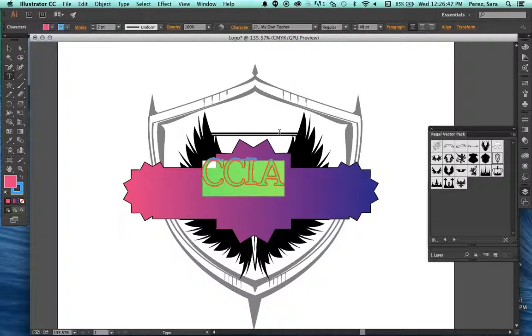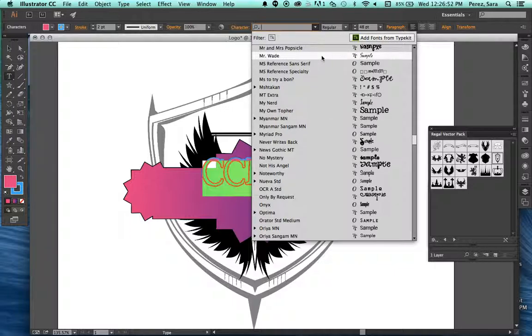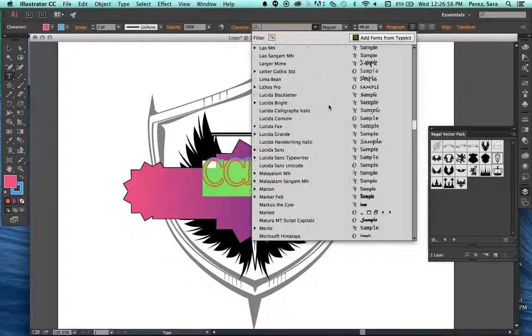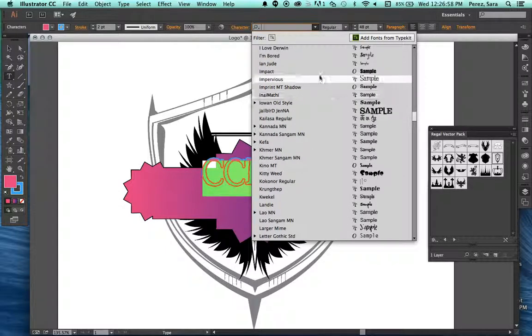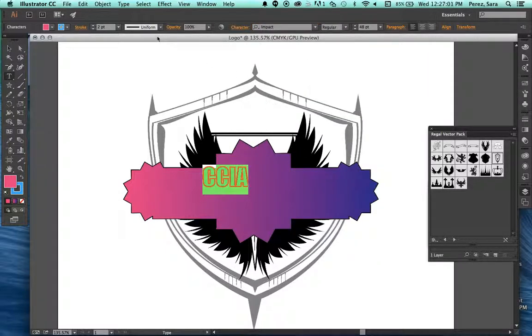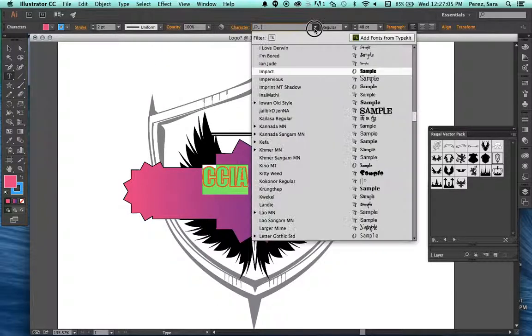This is the font. So I'm in this font, my own Topher. I have lots and lots of fonts. I love playing with fonts. You may not have as many as me, which is fine. If you don't have as many as me, one way to get more is, if I do my drop down, there's this button up here that says Add Fonts from Typekit. So go ahead and click on Add Fonts from Typekit now, and it's going to take you to an Adobe web page